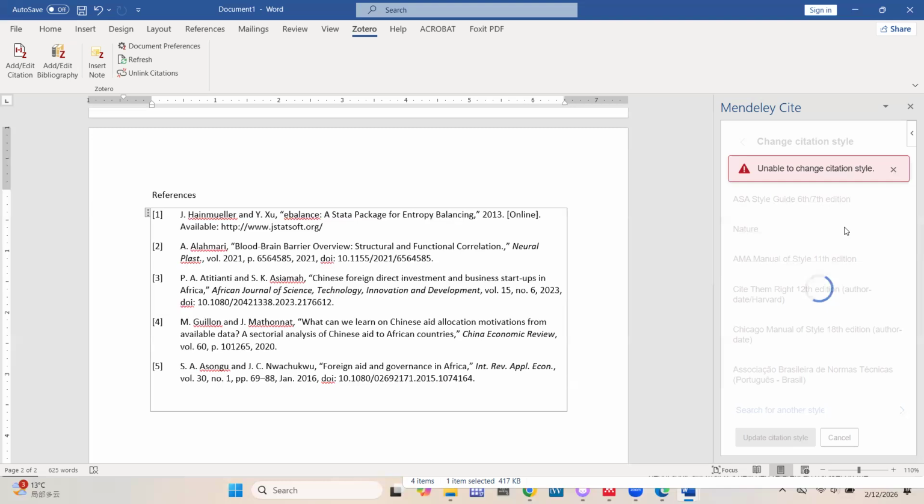It says unable to change citation style. All right, so maybe sometimes you just have to refresh, or perhaps it's getting some information online. All right, so let's close. So these are some of the challenges you end up facing with Mendeley. Some bugs, sometimes it doesn't perform so well. But I believe you get the main thing I was trying to do here. So let's see if it would resume. It is trying to change to Chicago style.